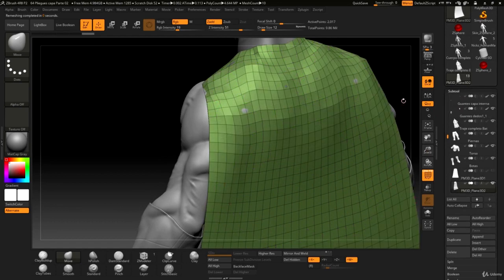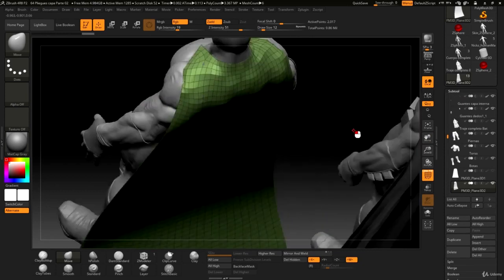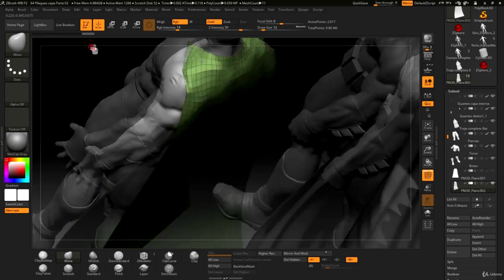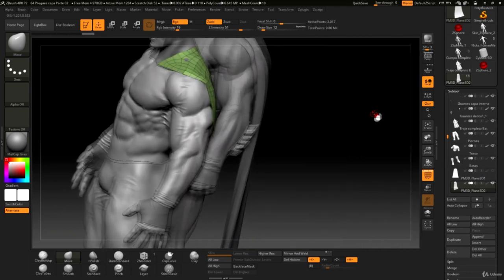The zero measure tries to adjust the polygons by using the shape that we have. For example, if we add a subdivision and a couple of folds on a mesh with the zero measure option, it will be easier to work with than another mesh without it, because we don't get those rectangular polygons, and we've got a better mesh with better polygons to work with. I will add a subdivision,